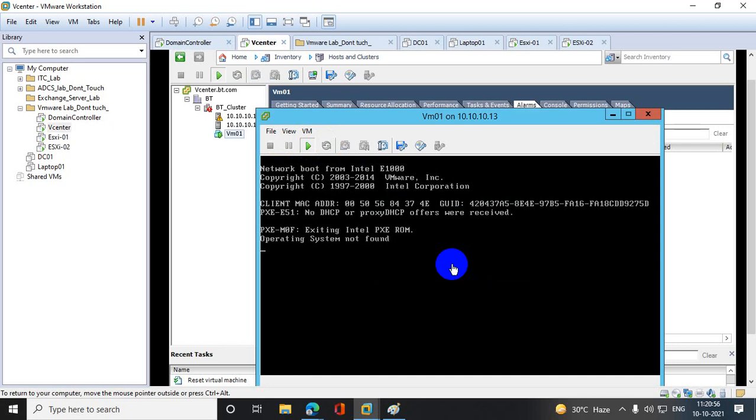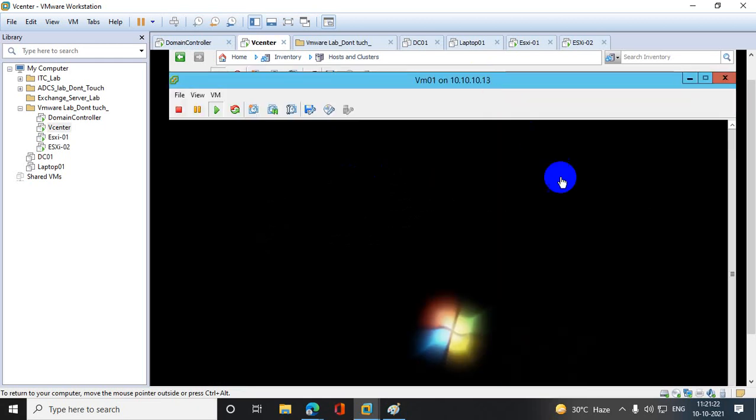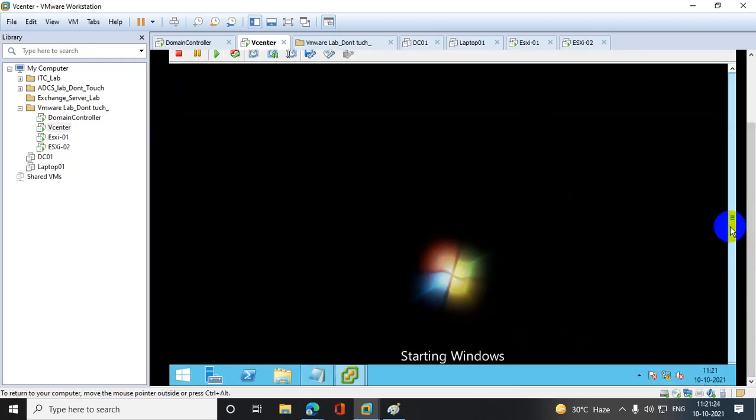Once the guest restarts, it will pick up the ISO I have mounted. So it allows me to install Windows 7 on that particular ESXi.